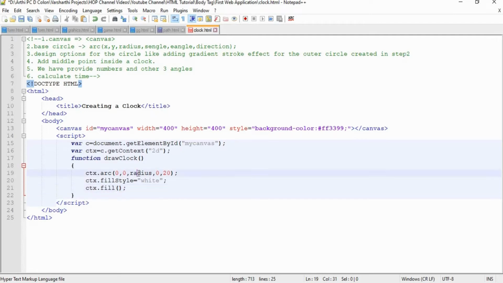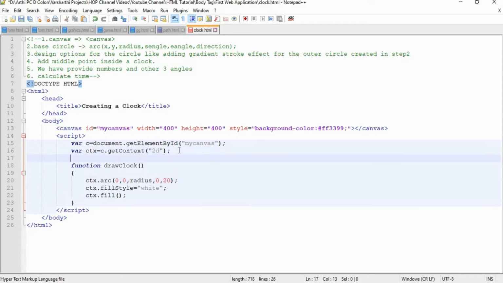Here we didn't provide any value for the radius, so we have to calculate the radius. As radius is half of the diameter, we can consider the height of the canvas as the diameter and divide it by 2. Here we have stored our canvas element inside a variable c.